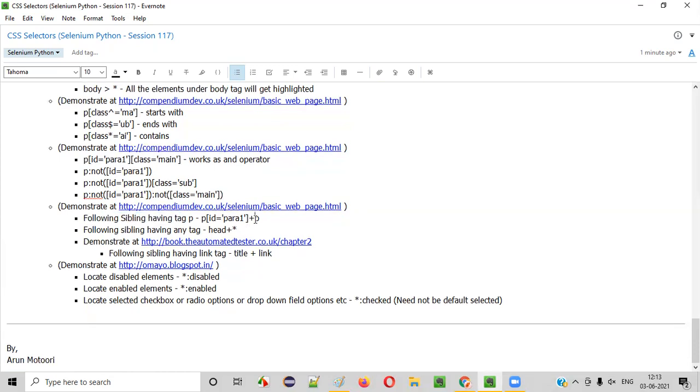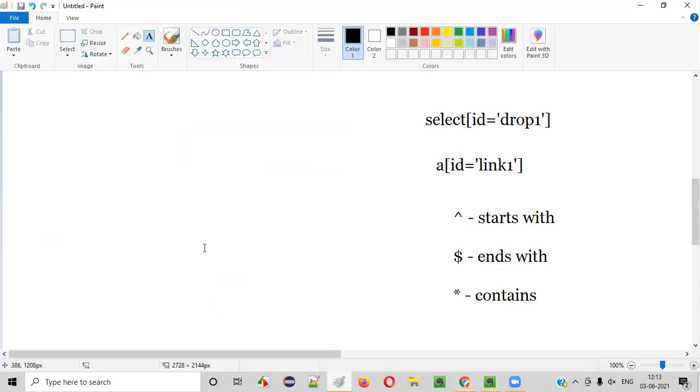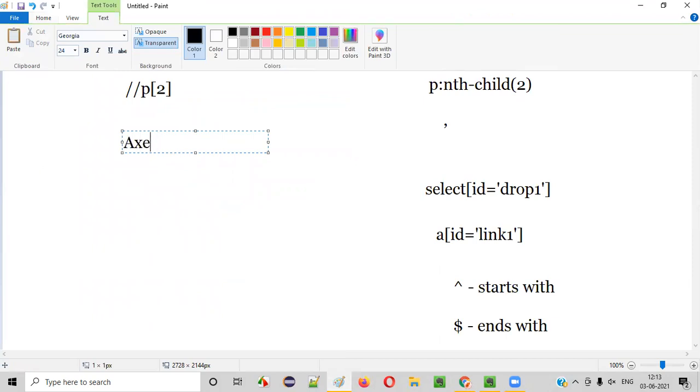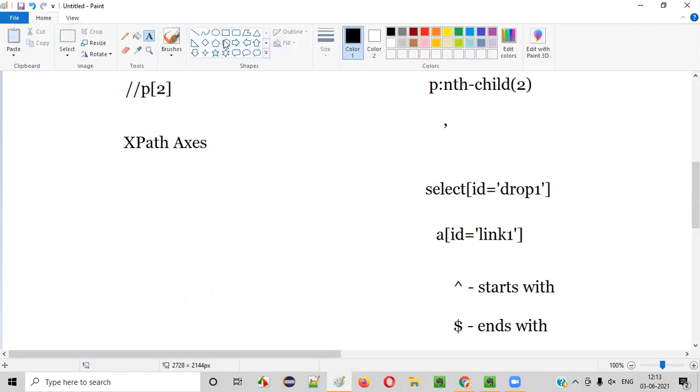And there's one more thing, guys. If I go to the relative XPath expressions, we have the XPath axis concept, right? Using the XPath axis, which I have explained in one of the previous sessions, we can navigate to the parent, to the child, to the grandparent, to the grandchild, or sibling, following sibling, preceding, following, like that we can navigate here and there.